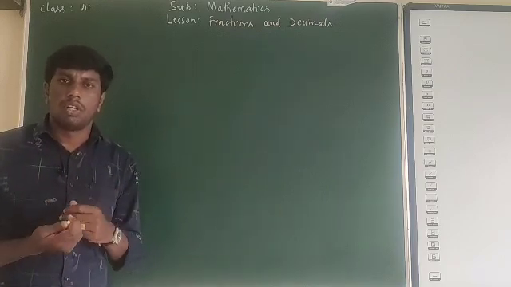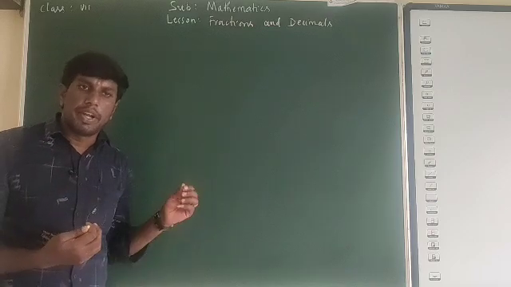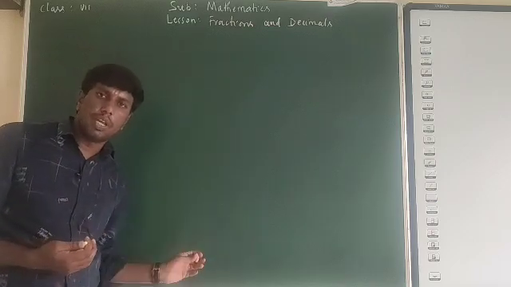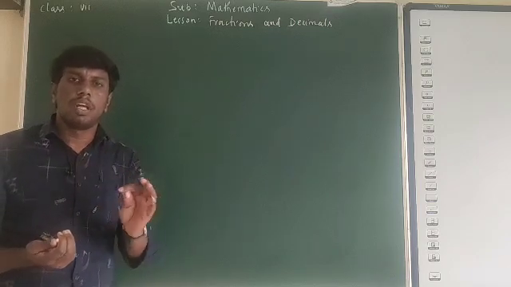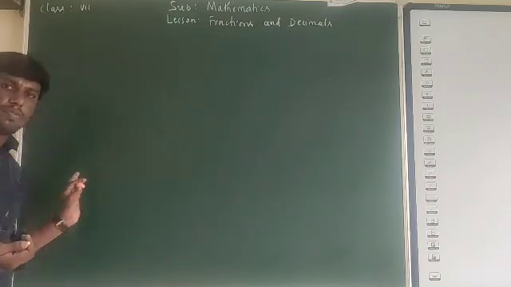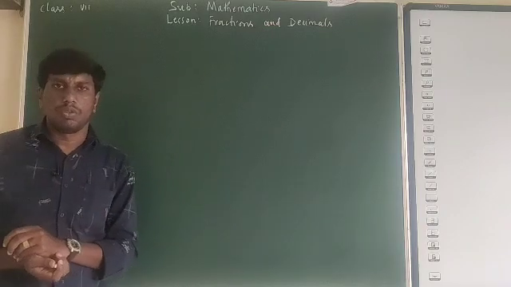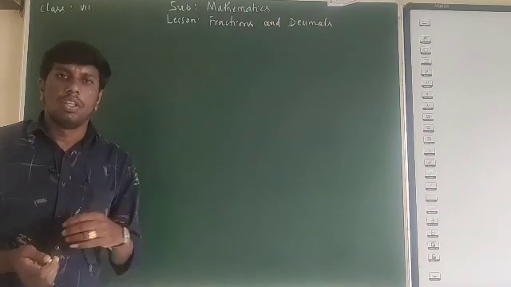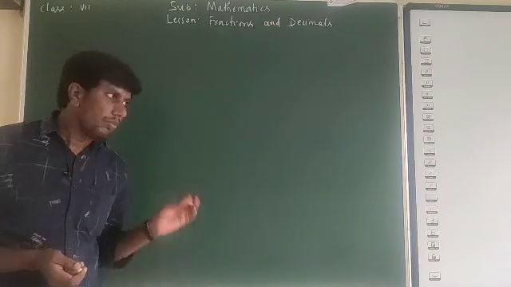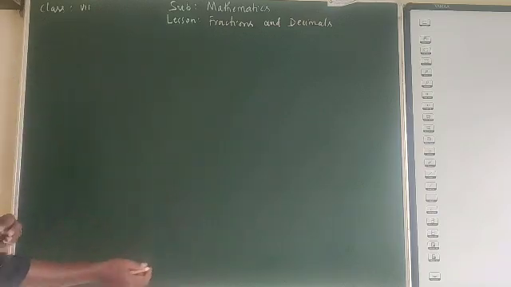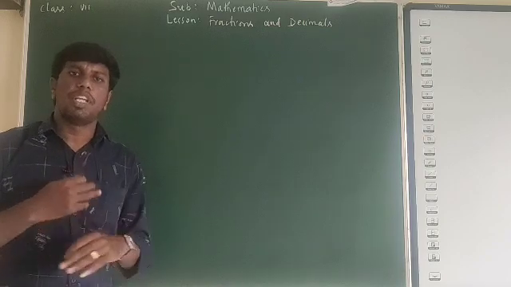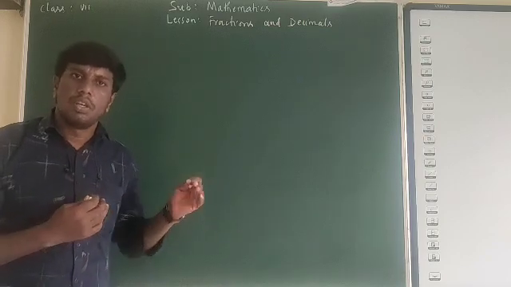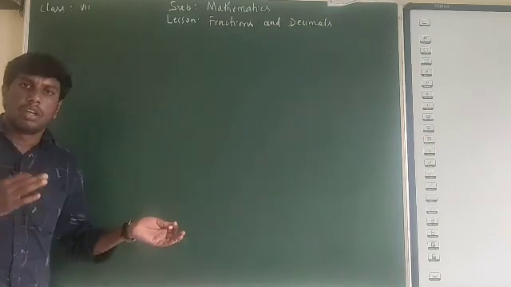We have a rule by dividing by 10. How many zeros do we have? By observing those zeros, we shift the decimal point to the left side of the number. These are the things we learned in the last class. In today's class, we will go for multiplication of fractions, because comparing the fractions, converting the fractions,